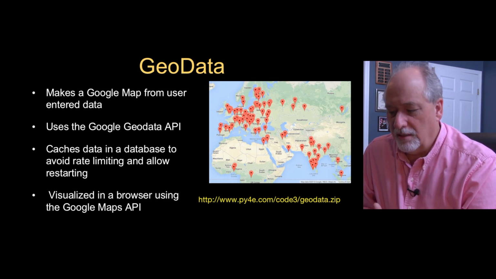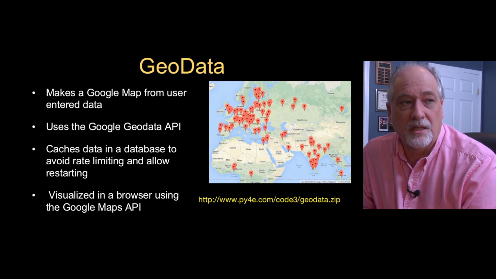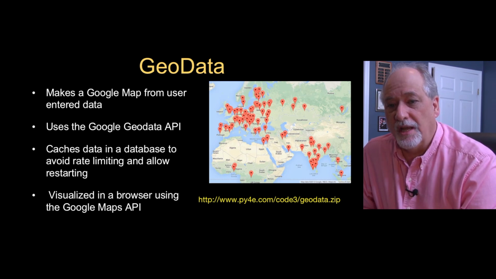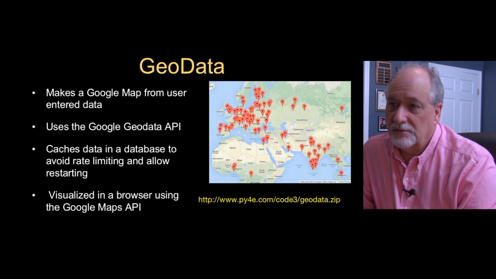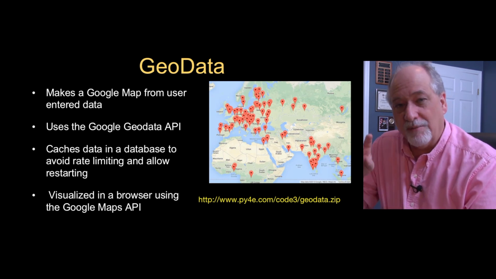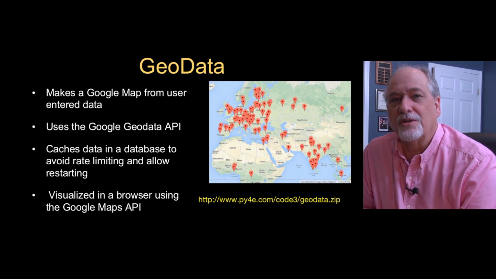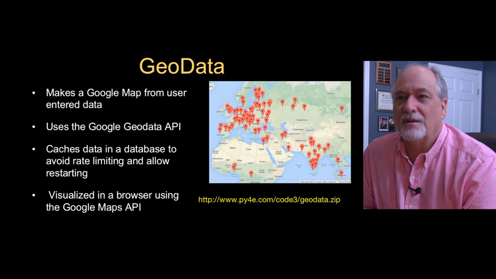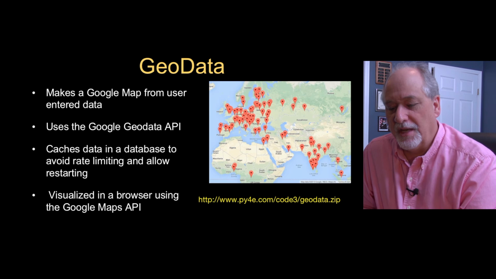So I give you code in this zip file that does both. If you really wanted to do something in production of taking user entered places and names and getting precise latitude, longitude coordinates, so you can produce a nice little Google map like this. Since Google has made a rate limited API, I've actually pre-spidered a copy of the Google data, and I have my own sort of fake Google API, and so you can do your assignments and test all your code using my fake API, which has no rate limits and has no problems, but it's only a limited set of the data.